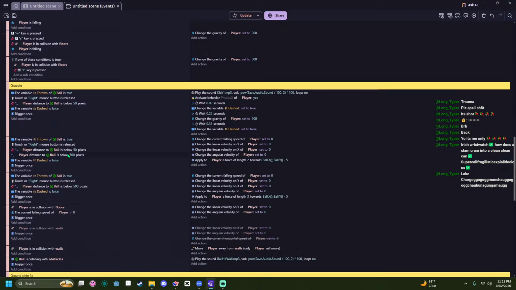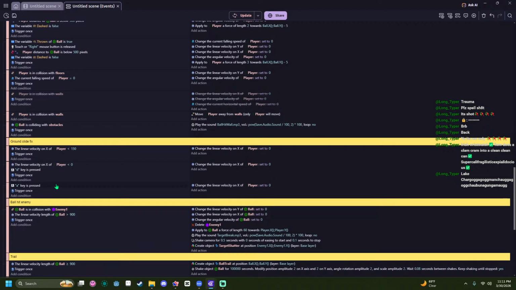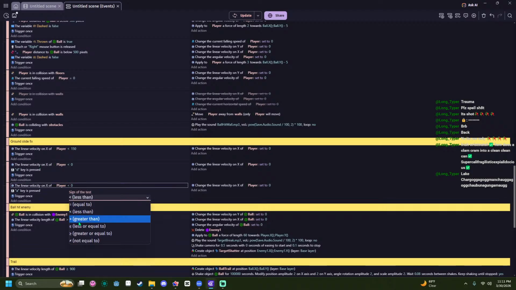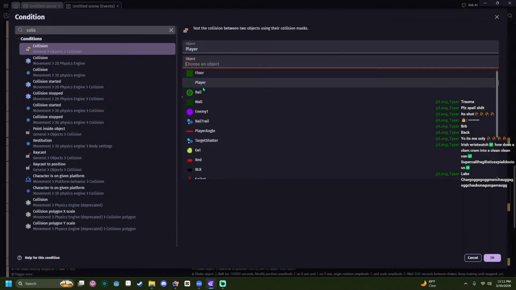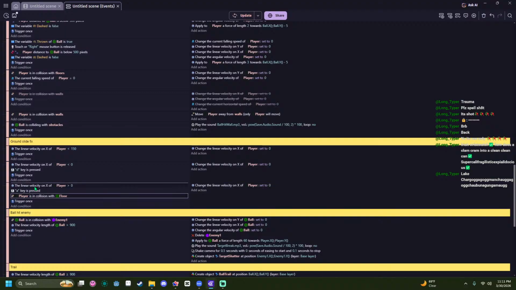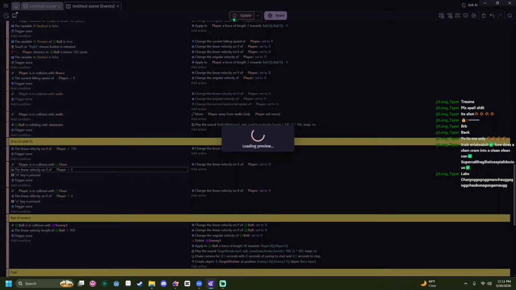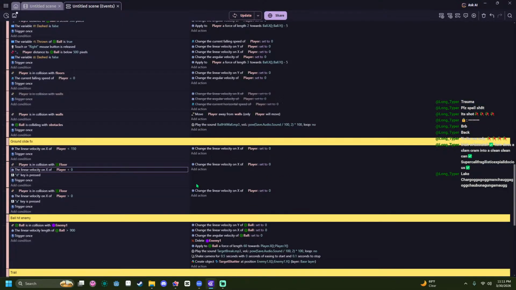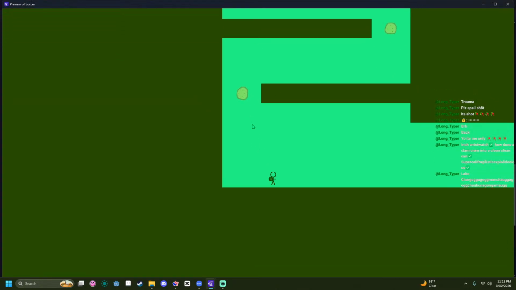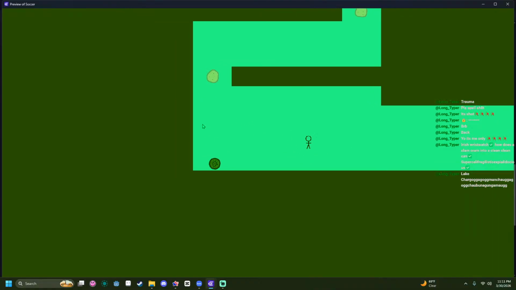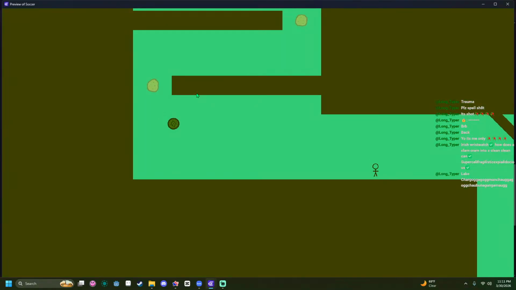No. Here we go. A and D. Oh, that's why that broke. Okay. Greater than 0 and A is pressed. But we need this to only occur if the player is in collision with the floor. That way we can't do it midair. We're just slowly improving the physics. So now we can throw it and then hit the opposite direction during a dash and not... There we go.